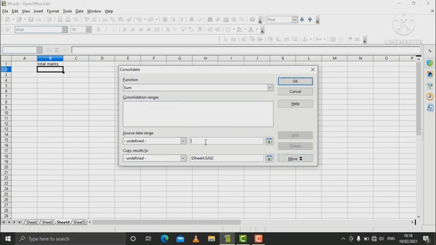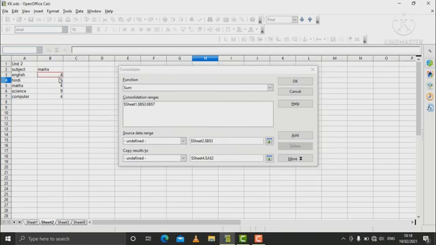I click on the cells. This is the source data range. It stores the range of the data. So I go to sheet 1 and select the cells on which the calculation will be performed. Here you look, all the data range is selected, and I click on the add button.